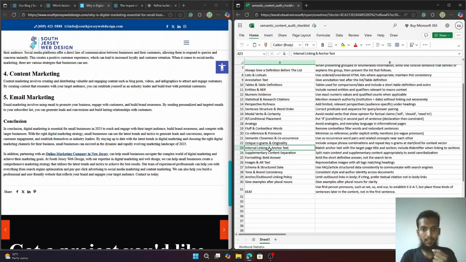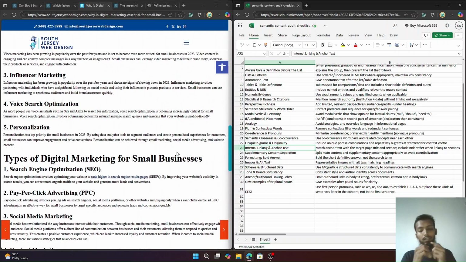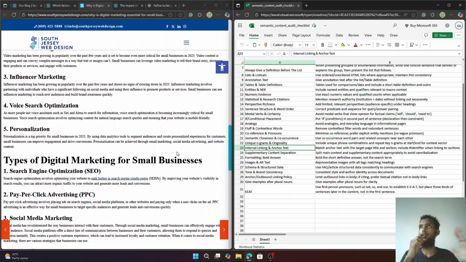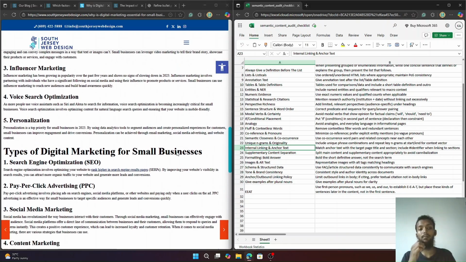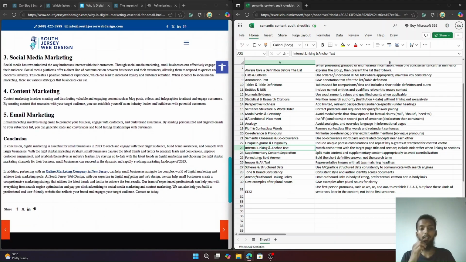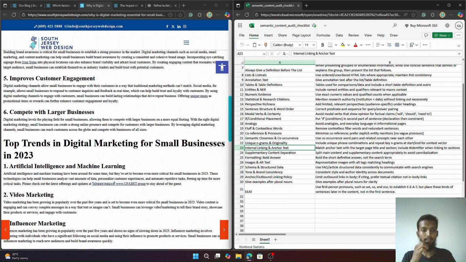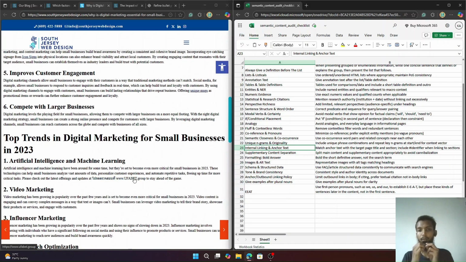So the next one is internal linking. We try to internal link as low as possible, but we do it from the supplementary content at the bottom of our article. So they did that. That is a good sign, but I think they also did some outbound links. We do not do outbound links. We try to keep our link juice to ourselves.